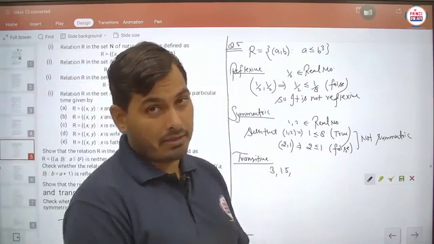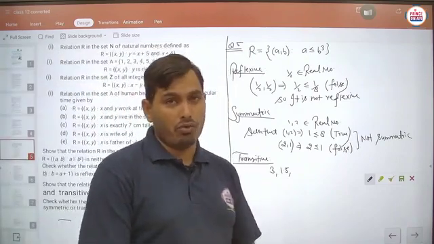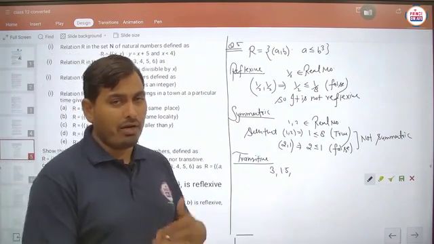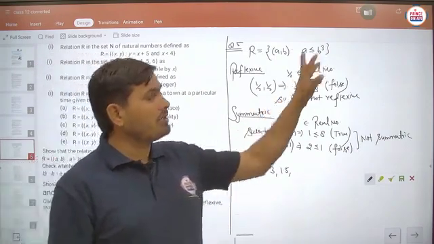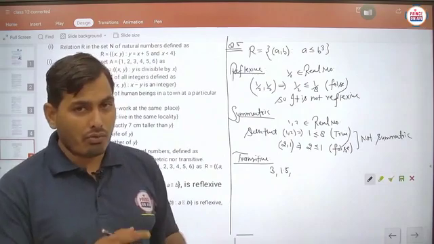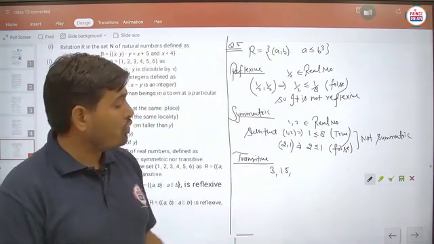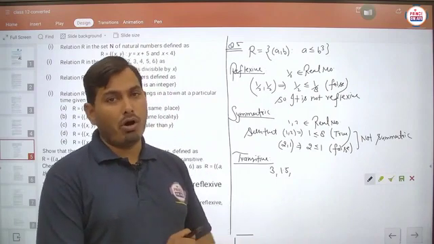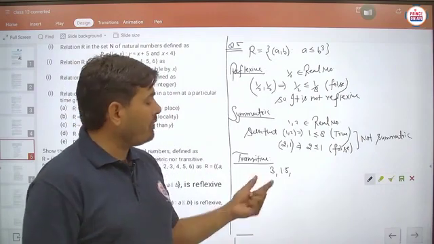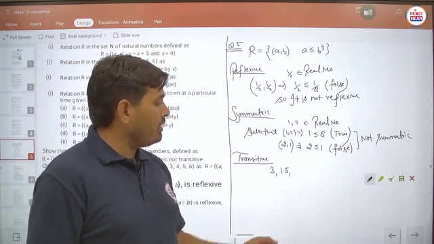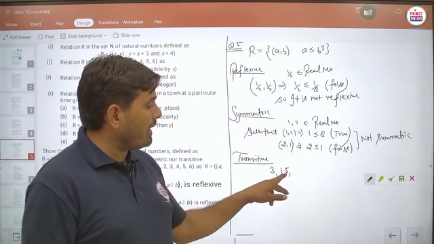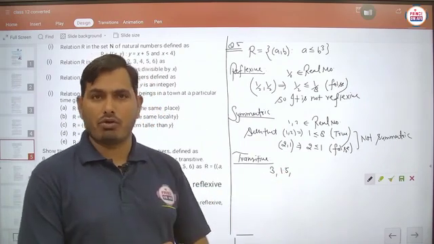The next, third number we have to assume whose cube. Now why are we saying cube? Because the cube is there in the relation. Now we have to assume the third number in such a way that the cube of the third number will be greater than this part and less than this part. Is it clear?